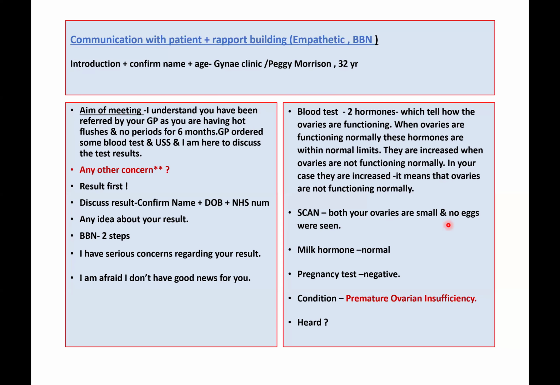She repeatedly wanted to know whether she is pregnant. So when you're discussing the pregnancy test, you have to take some caution and signpost, saying I'm sorry to say, because she wanted to hear the news that she is pregnant. She kept on telling you, I want to have a baby, doctor, and I hope my pregnancy test is positive. She had so much hope. So signpost: I'm sorry to say, Peggy, that your pregnancy test is negative. And we call this condition premature ovarian insufficiency. Have you heard about it?